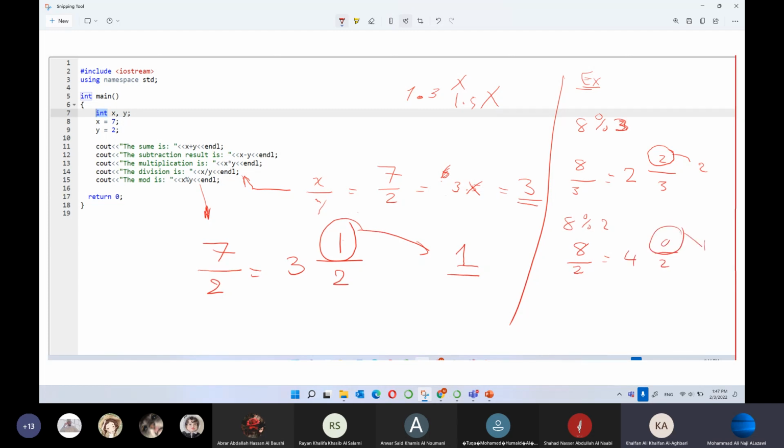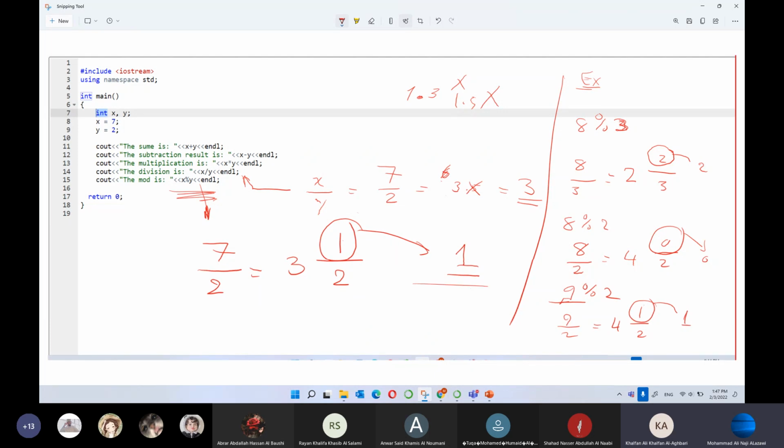So the result will be 0. 9 mod, not divide, mod, give me a number, 2, is equal to 9 over 2 equals 4 and 1 over 2, so the result will be 1. So this is what I get from the mod operation, okay? For the mod operation, I get the remainder or the numerator of the division,